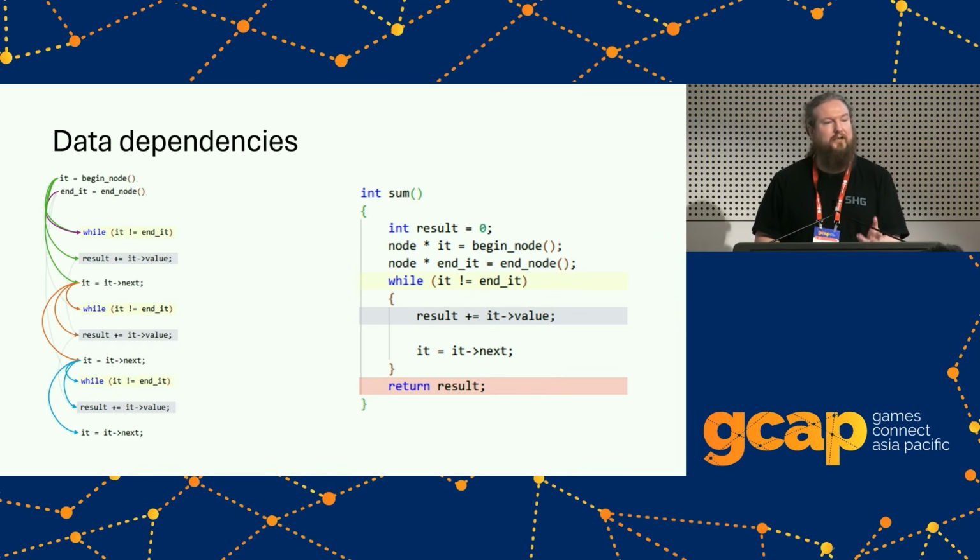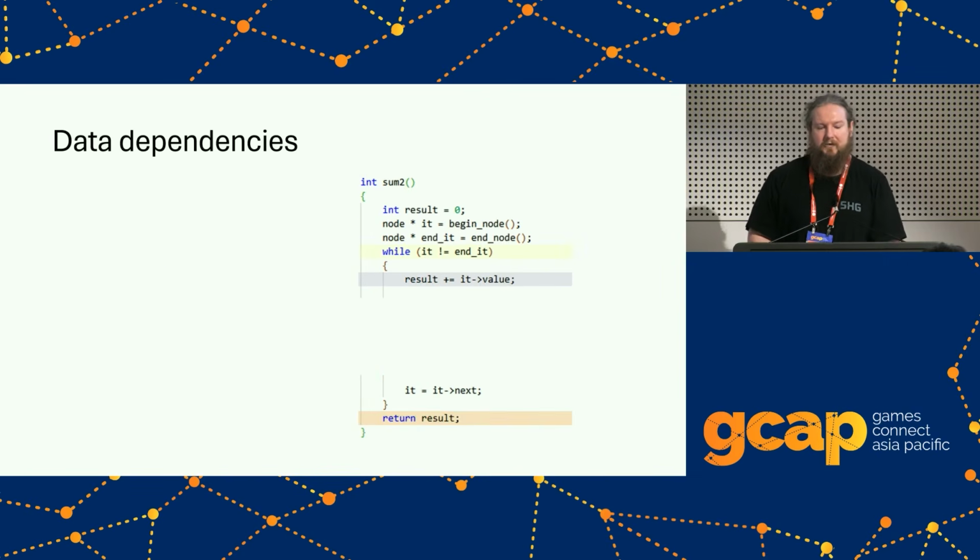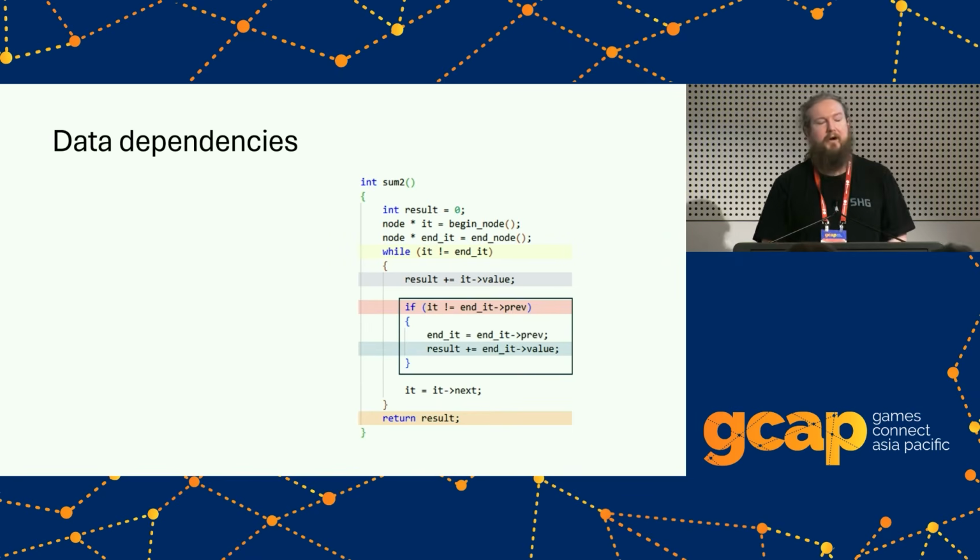So if I wanted to change this and look at how I could potentially make this a little bit more parallel, and I don't want to change the data structure at all, I want to still keep a linked list, there's a little secret approach that I discovered when I was just writing this talk that I figured I'd try out. Instead of just iterating it forwards, what if I iterated it backwards at the same time? So I'm adding from the front, adding from the back, and then somewhere in the middle I'll meet.